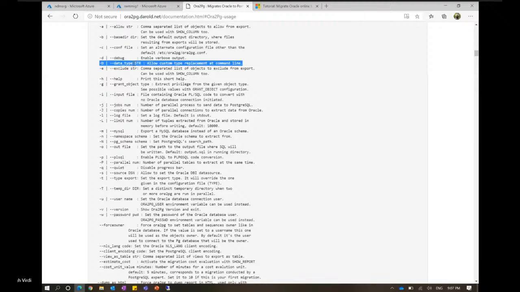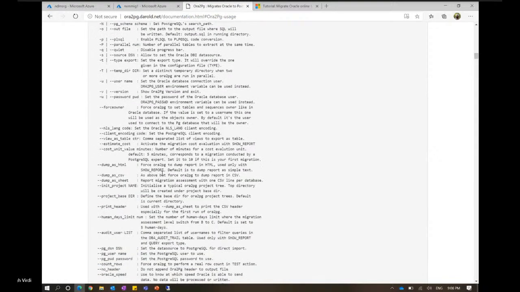Typically, we have seen, for example, Oracle uses numeric with certain precision. If you want Postgres to have a different precision or a different data type altogether, say you want to migrate it to bigint, you can mention that here, or you can mention it in the configuration file also, and it will handle those data type conversions as well.